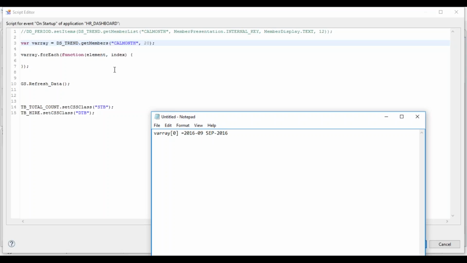So this is my first array element. Element dot text is this, and this is my element dot key. Now I can manipulate.